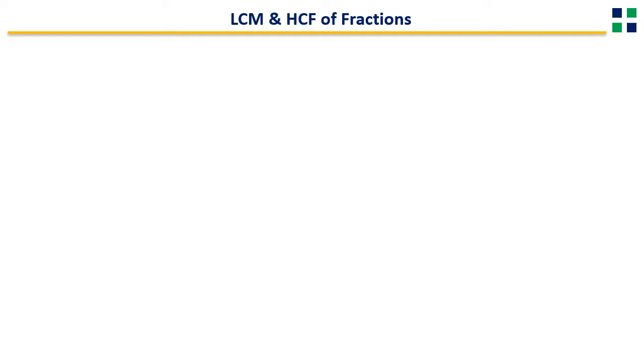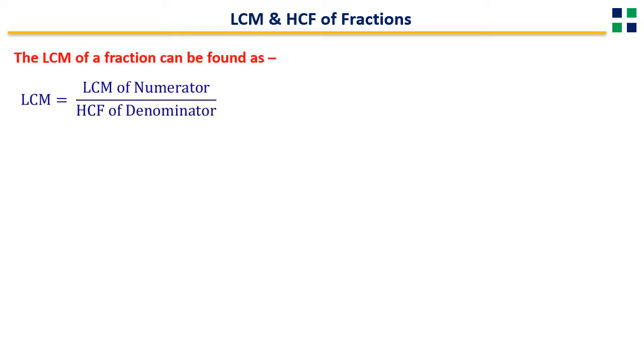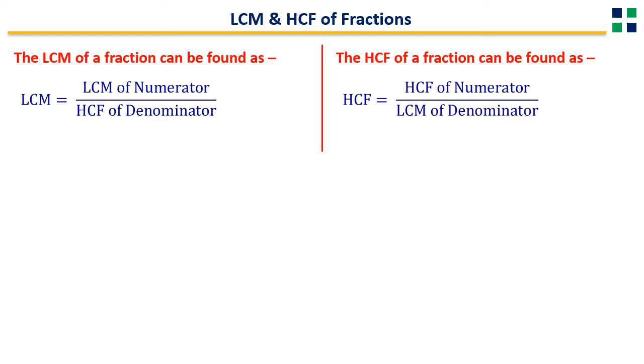LCM and HCF of fractions. The LCM of fractions can be found as the LCM of the numerators divided by the HCF of the denominators, whereas the HCF of fractions can be found as the HCF of the numerators divided by the LCM of the denominators. So let us take an example. Here it is asked, what will be the LCM and HCF of 6 by 5, 9 by 25 and 21 by